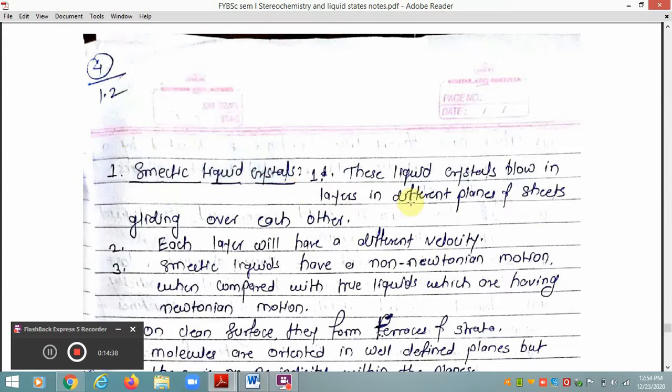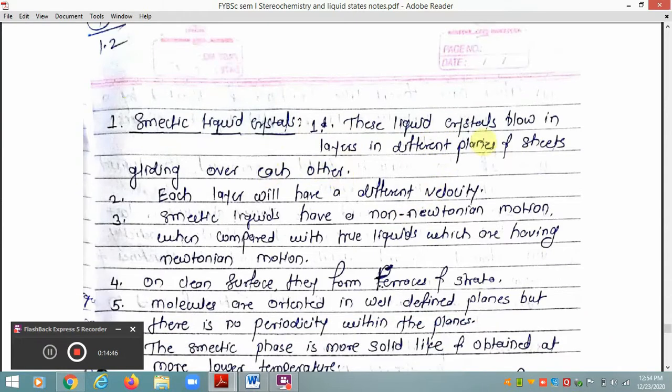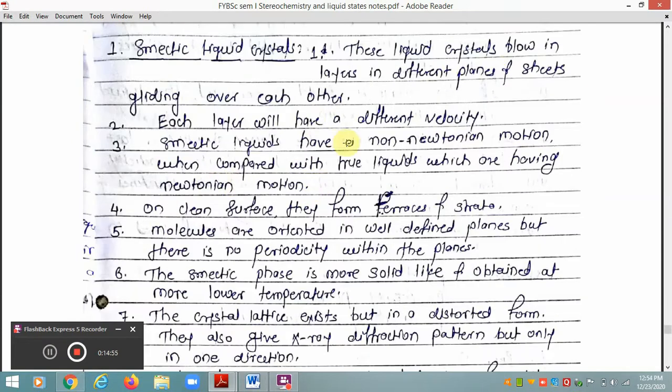So these smectic liquid crystals flow in layers in different planes, with the sheets gliding one over the other. Each layer will have a different velocity. Again, these smectic liquid crystals have a non-Newtonian motion when compared with true liquids, which have completely